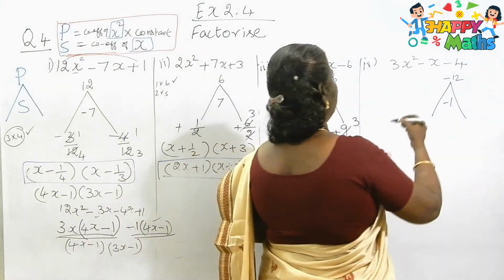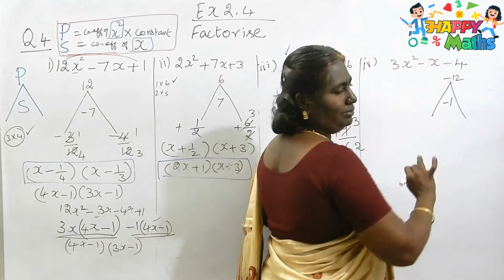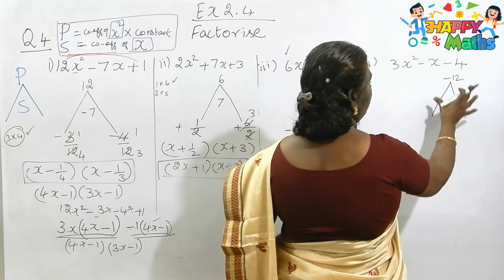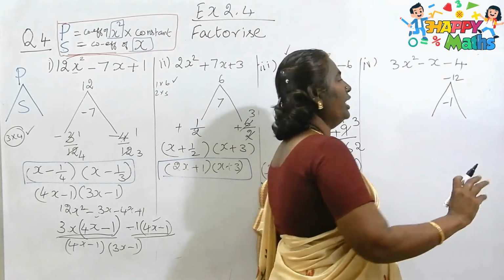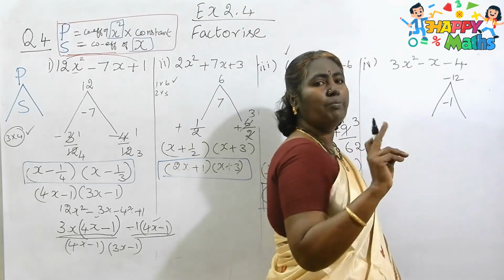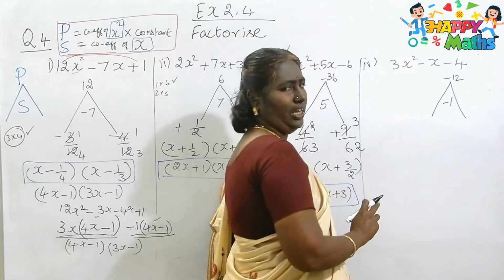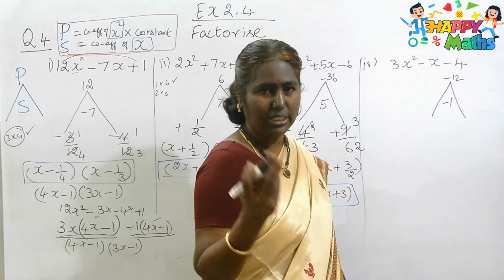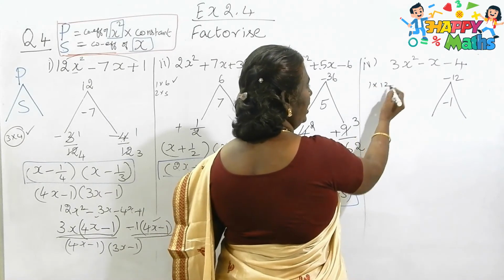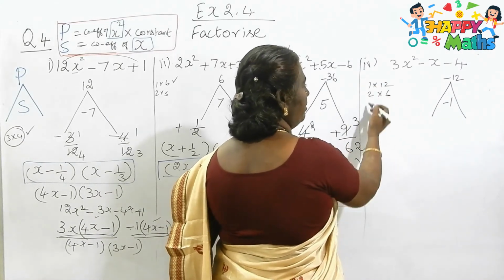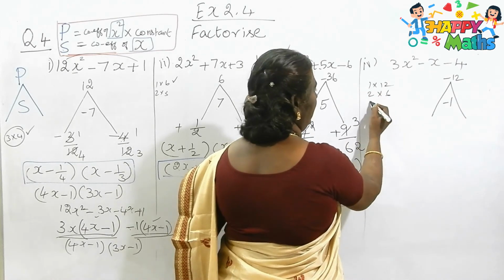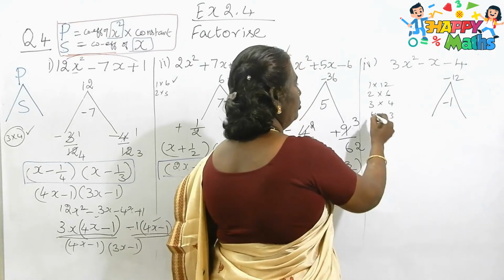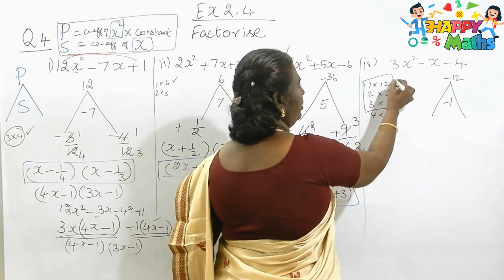Okay, next, now see here. 3 4s are minus 12. Coefficient of x is minus 1. So, I want two numbers whose product must be 12 and whose subtraction must be 1. Can you guess the number? How many numbers are there? 1 12 is 12, isn't it? 2 6s are 12. You can go step by step from 1 table, 2 table, 3 table like that. 3 4s are 12. Then 4 3s are 12. Now it has become reversed, so no need to go further. Only these 3 are more than enough.